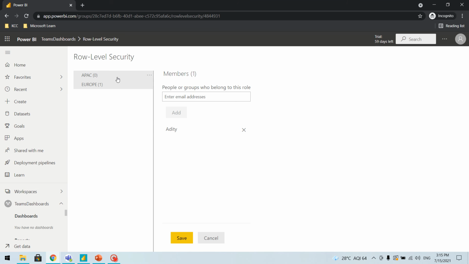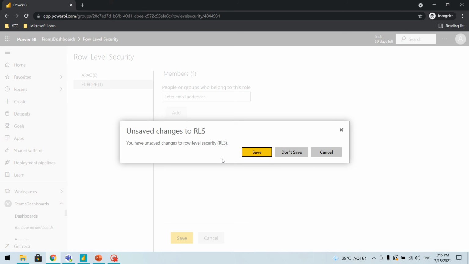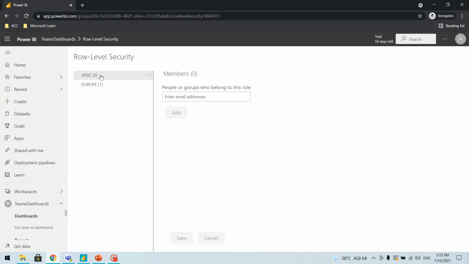So even if I assign this user ID, it is not going to help me. You have to make sure that the role is viewer, which I'll show in a while. So I have added these users.